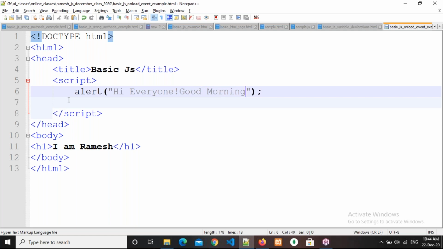Good morning. So now execute in the browser.